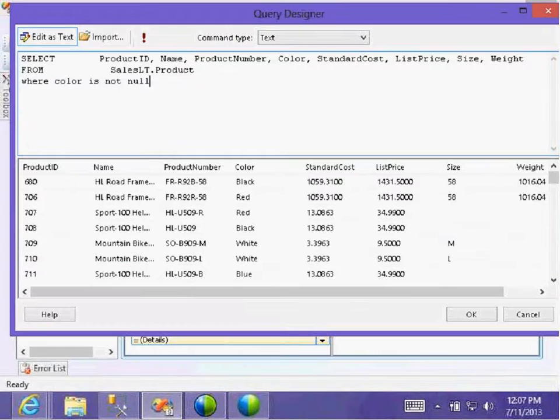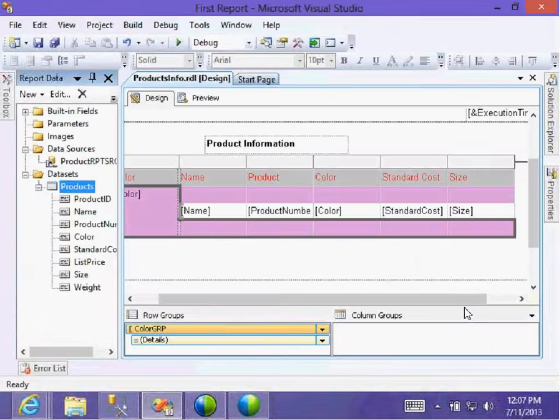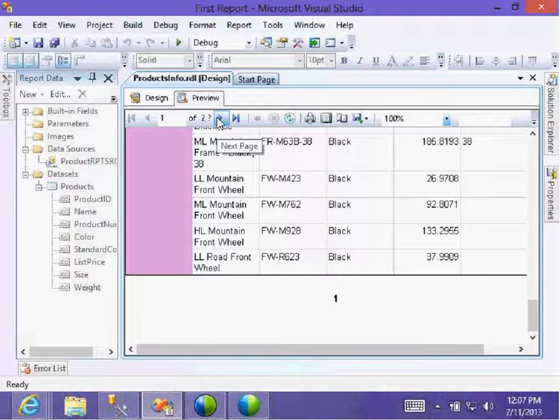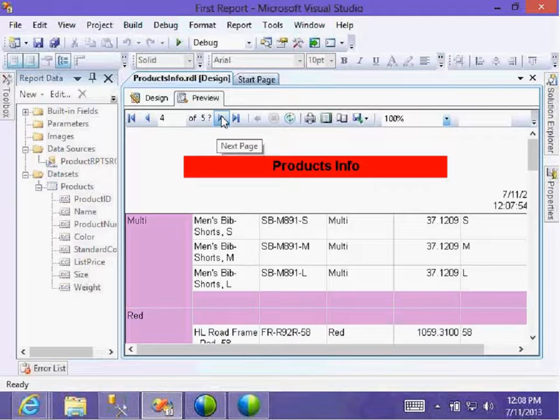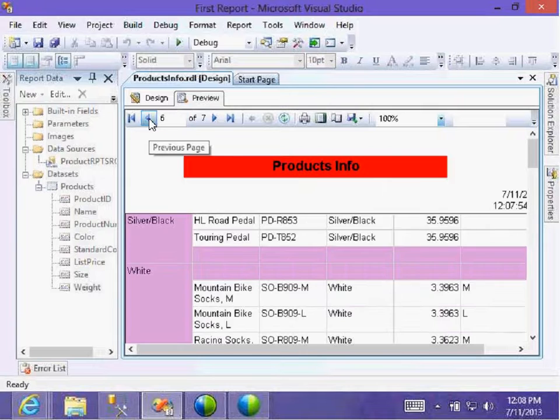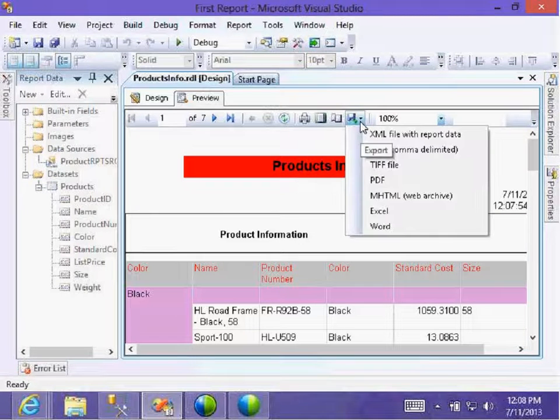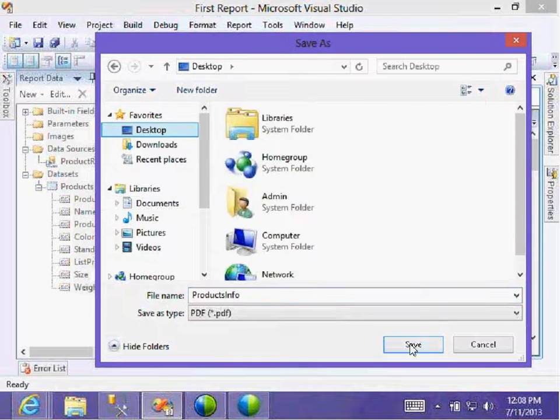I'm just doing this to remove the confusion. Okay. Review. And here is also if somebody wants to send a report. This report can be exported in PDF, Word format, HTML format, image format, XML format. Export in the form of PDF for info, put it on the desktop.